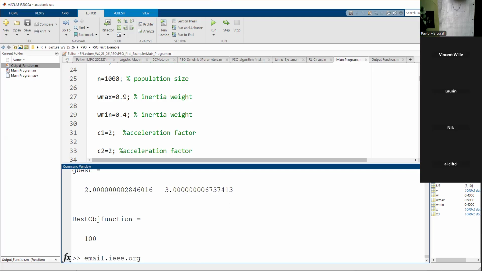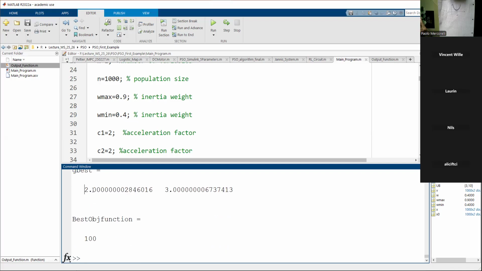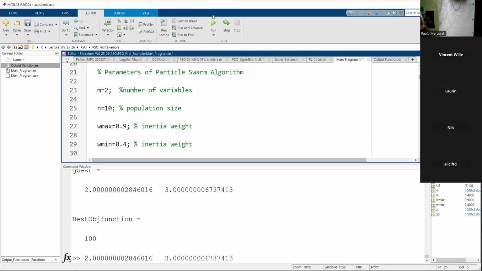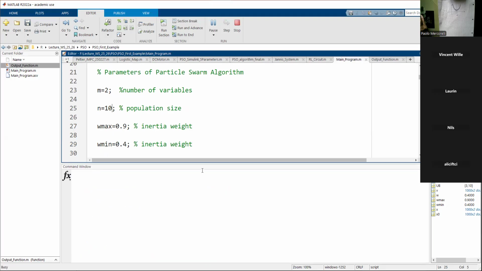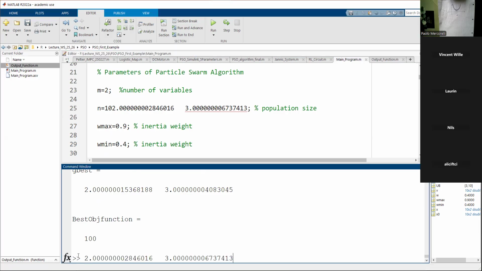Let me compare. Ah, stupid, I didn't copy. Okay, let me see. Let me copy this. I hope that I copy. Let me see. Now I copied. Let me rerun the program using 10, because I forgot to copy with 10. It does not take much time. Yeah, we can see these two values. We can see also optically